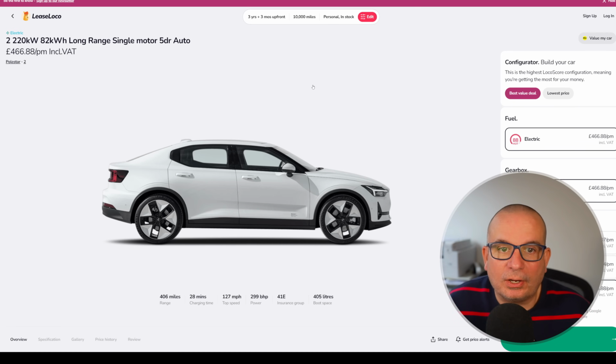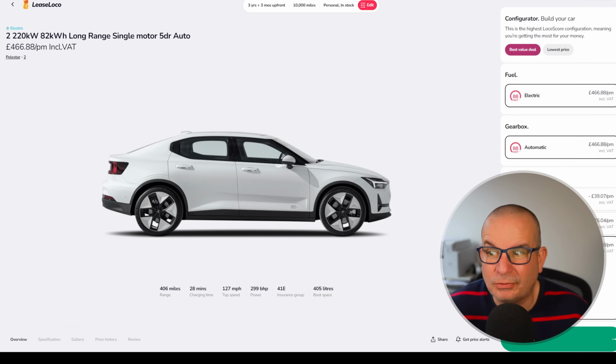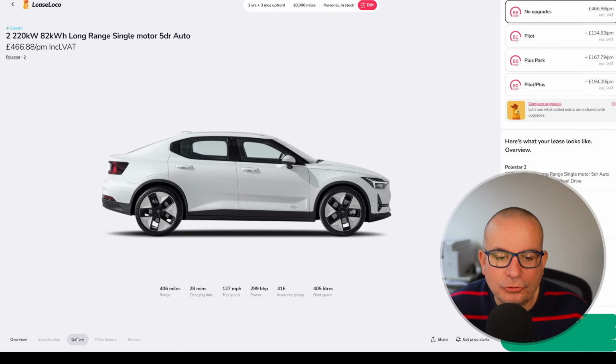Then onto the Polestar 2. This is the long range single motor, 466 quid a month. Again, a 3-year deal, 3 months up front, 10,000 miles a year, 405 litres of boot space, insurance group 41, 299 brake horsepower, 406 miles of range is claimed on that. 400 miles of range, folks. Wow. £1,400 is the